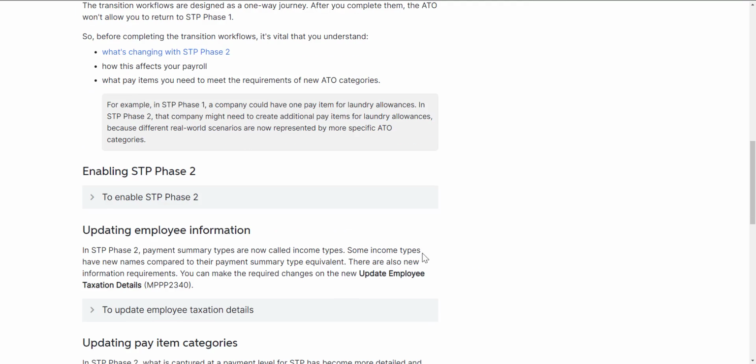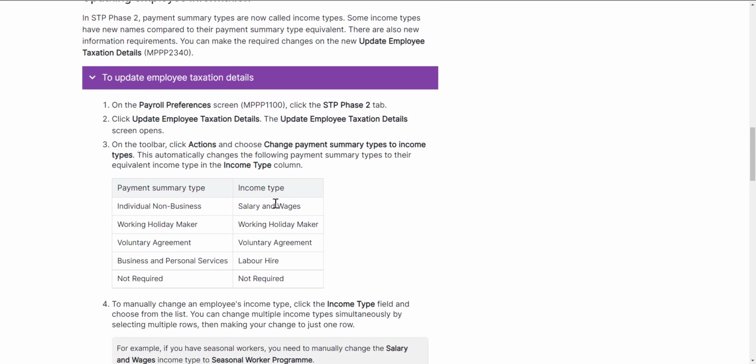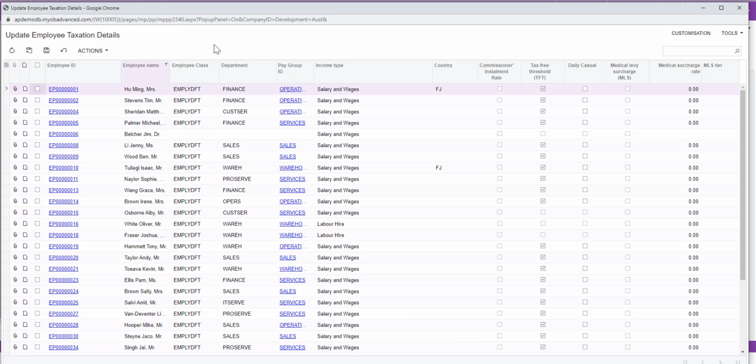So luckily, if I go into the help and I look at the employee information, it gives me a description of how it's mapping the old summary types to the new income types. And I know from doing the reading up on the ATO categories that some of the individual non-business employees actually need to be changed to inbound assignees because they're coming in from Fiji. So going back, the mapping has happened already,